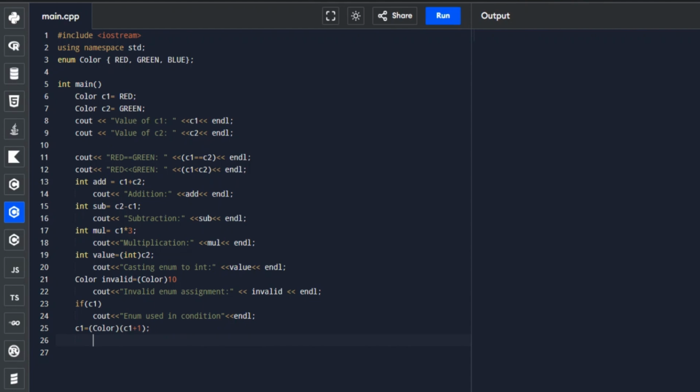Then we will display the incremented value of C1. It's going to say increment now.